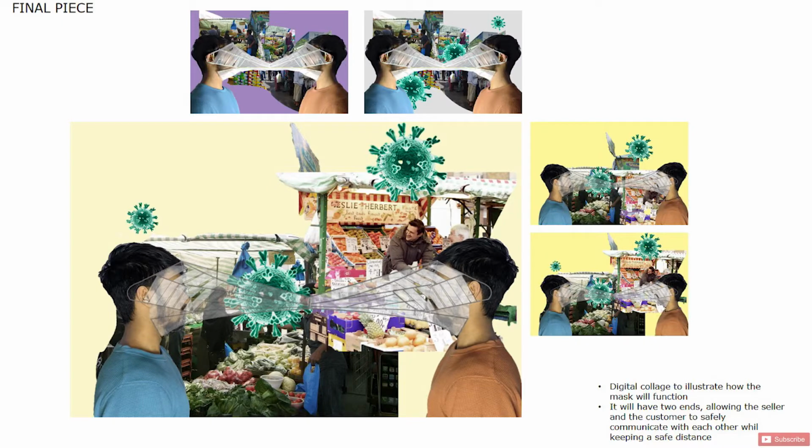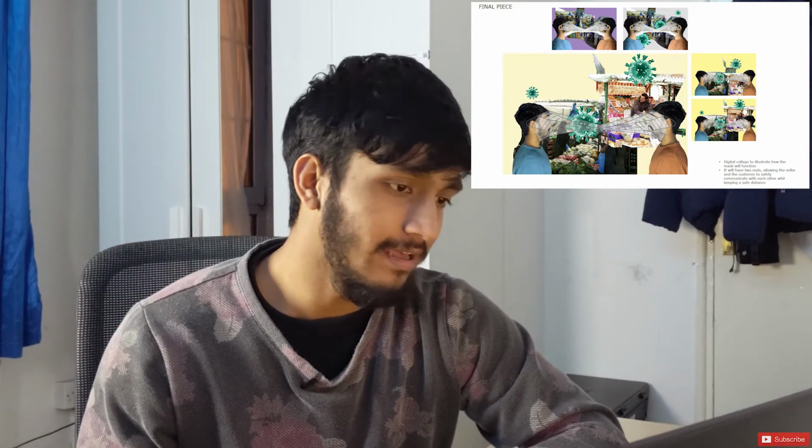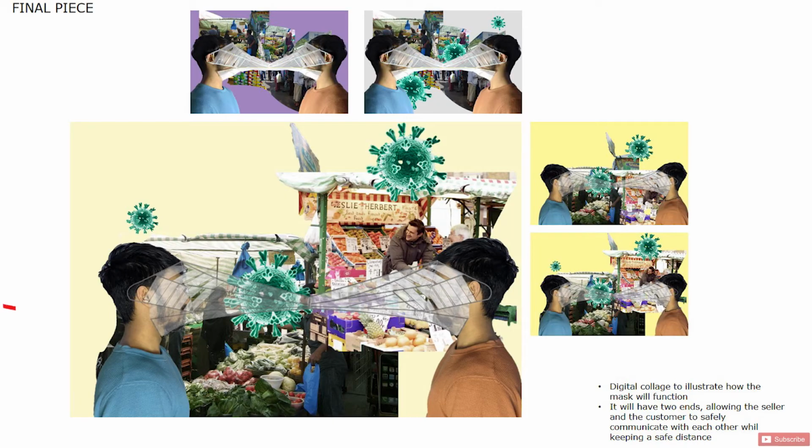And this is the final piece. I decided to do a collage. Initially I was planning to do 3D rendering with SketchUp, but I'm really bad at using SketchUp, so I couldn't make it. And we didn't have time. I just had like 2 or 3 days to wrap up this project. So I decided, you know what, since we have done this collage workshop, let me just make a collage for the final piece. And yeah, the biggest picture, as you can see, is the final one that I like the